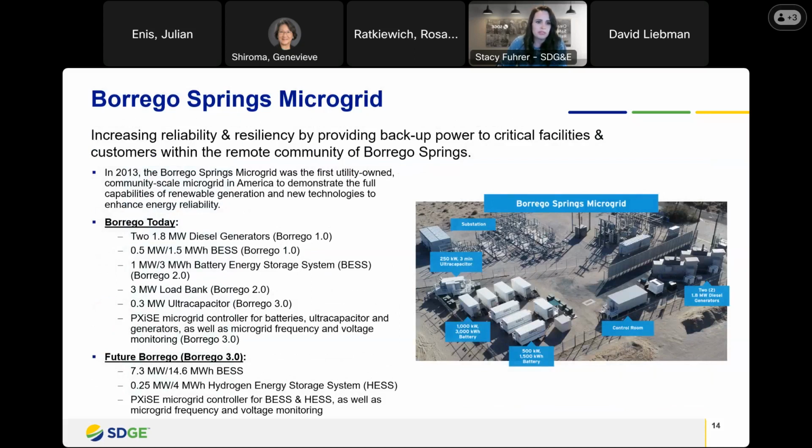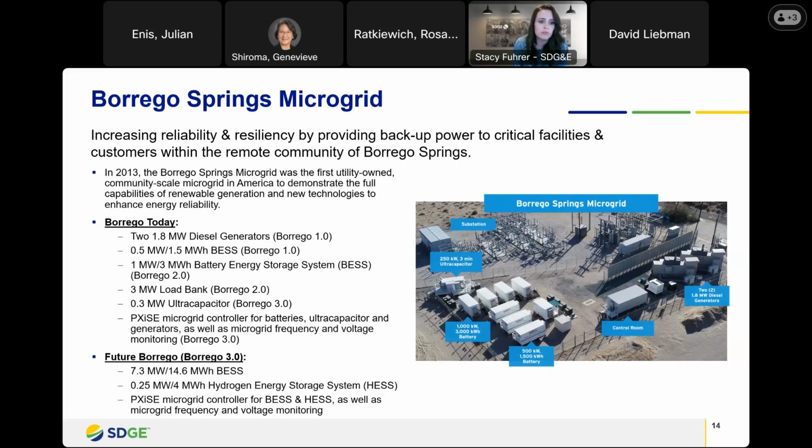Now, Borrego Springs has gone through multiple iterations. We are currently deploying Borrego 3.0, but if we were to look back at Borrego 1.0, the microgrid had 2 diesel generators, 1.8 megawatts. It also had a 0.5 megawatt, 1.5 megawatt hour battery energy storage. As we started to transition into Borrego 2.0, we added a second battery at 1 megawatt, 3 megawatt hour. We also added a 3 megawatt load bank in order to help island operations with the excess solar that is